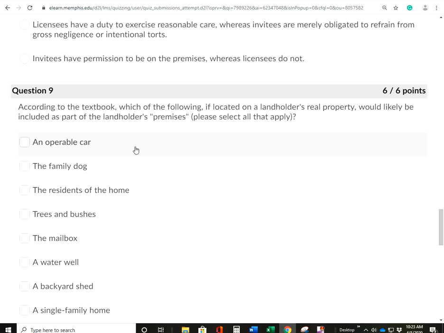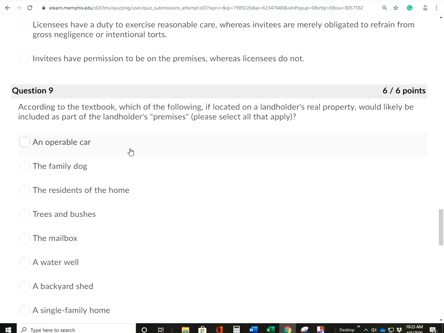the title, Duties of a Landowner. And it says specifically, the term premises refers to any real property and those things attached to or growing from it. So with this in mind, I looked at the answers,